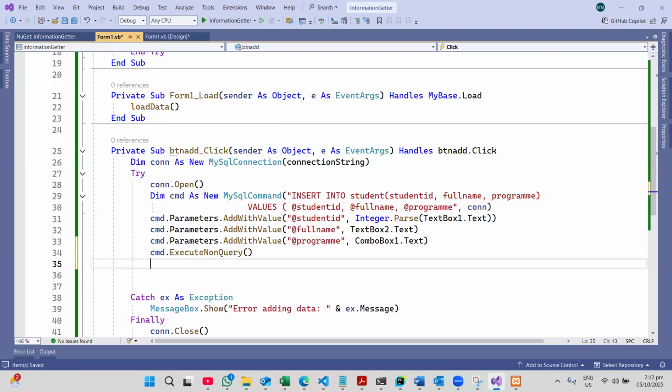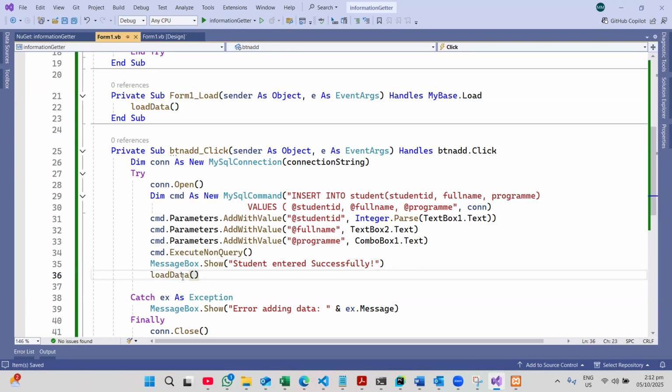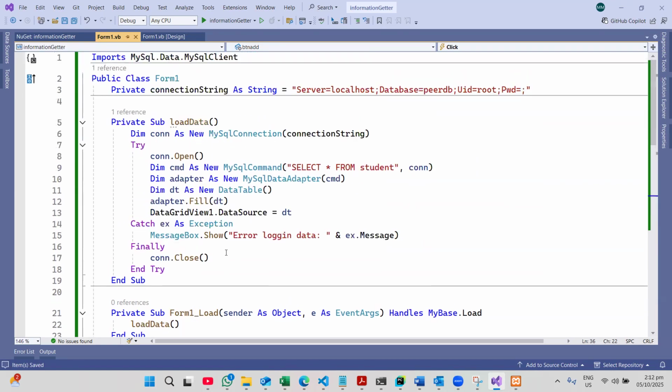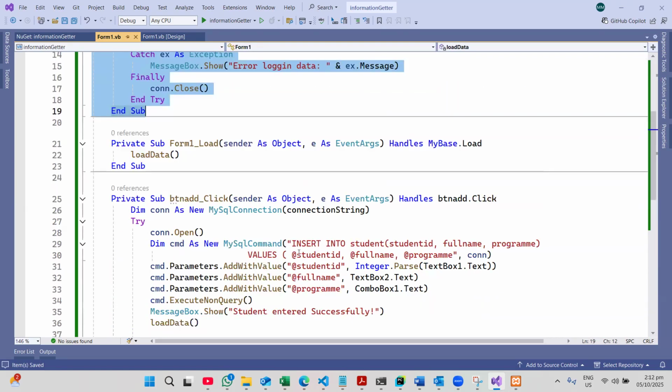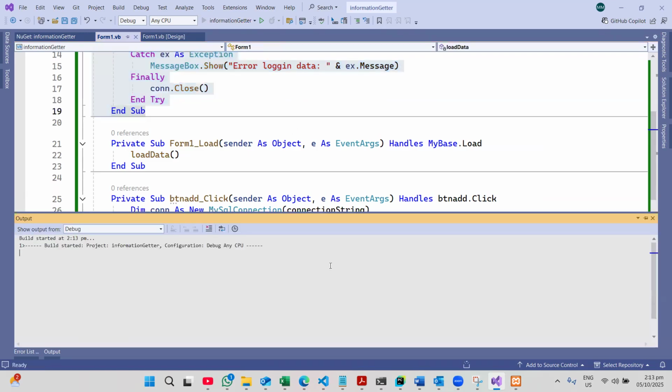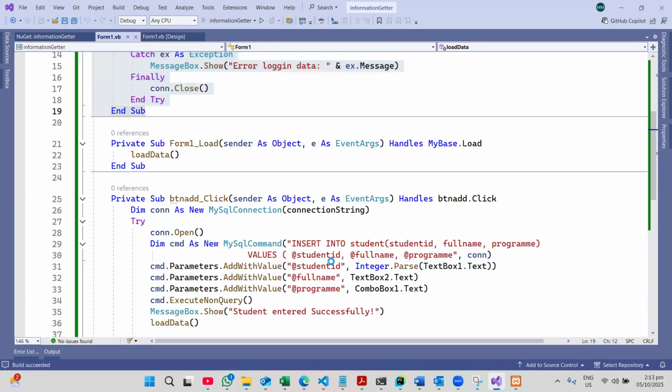And when you are done, you can show the person that he has made a successful submission of data to the database. But when I show him he has made a successful submission to the database, I have to then go and reload my table so that he can see that the person he has entered has worked. And when the code gets here, it will leave here and come and do all of these things so that the information there would be updated. So if I click on this code here, if everything I've done is correct, hopefully,